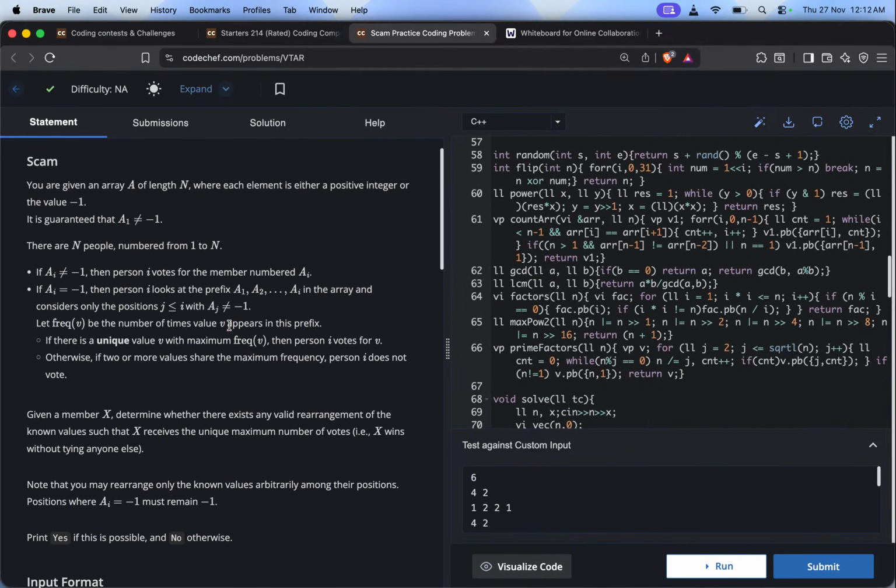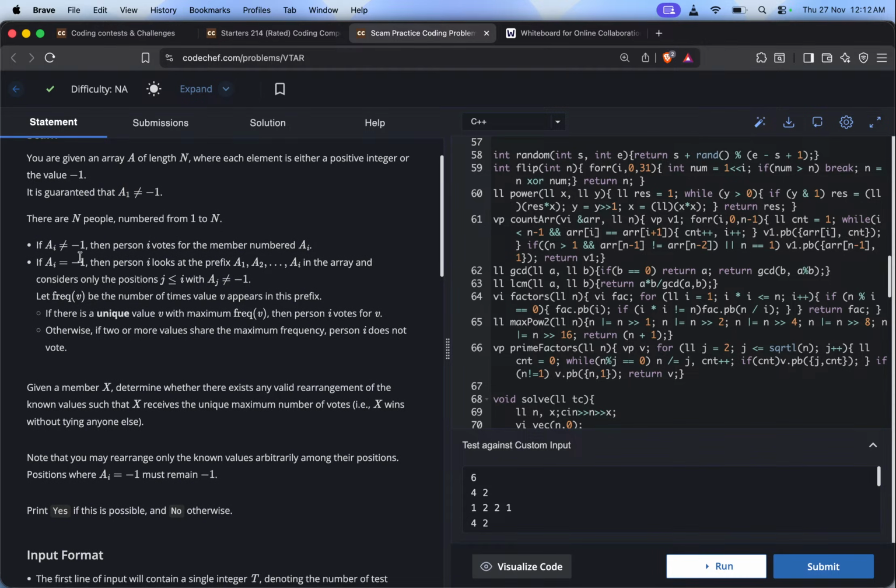So in this problem, we are given an array of length n, where each element is a positive integer or the value minus 1. It is guaranteed that the first element itself is not minus 1. There are n people numbered from 1 to n. If the current element is not minus 1, then the ith person votes for the member a_i. If a_i is minus 1,